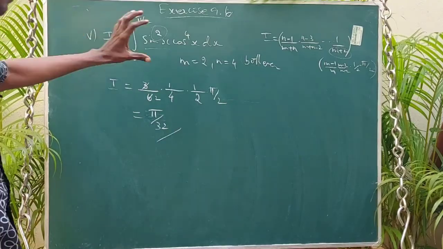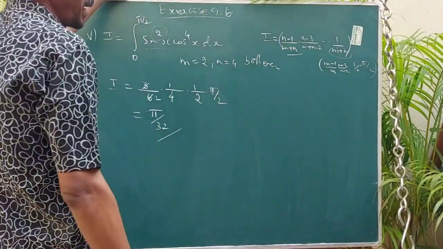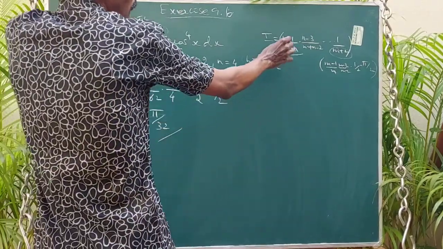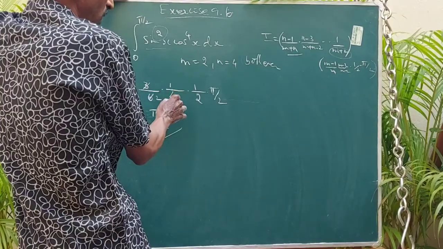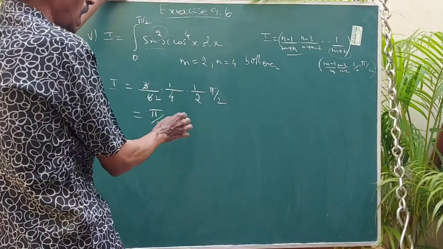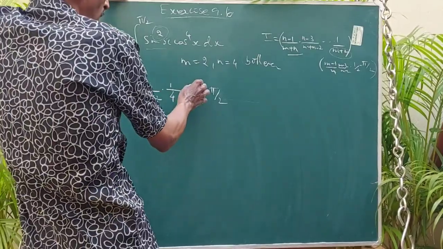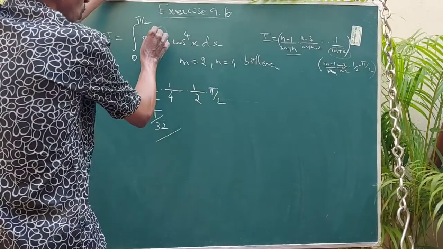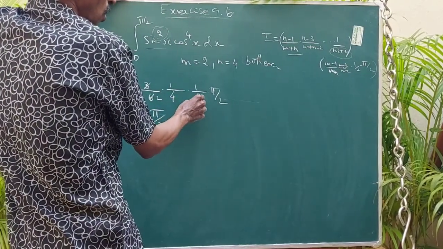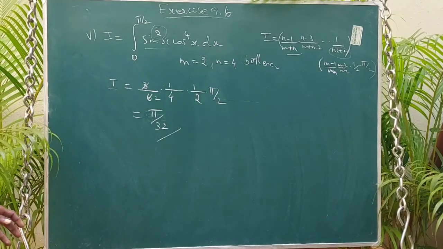So my dear student, remember this formula. Remember the first step alone, n minus 1 by m plus n, if both even, n minus 3 by m plus n, then reduce 2 in the numerator and 2 in the denominator. If 1 comes, stop it, and alone apply the even formula for sine alone, m minus 1 by m. So m minus 1, so 2 minus 1 is 1 by 2. So 1 by 2 comes, we have to multiply pi by 2. So this is the answer for subdivision 5.